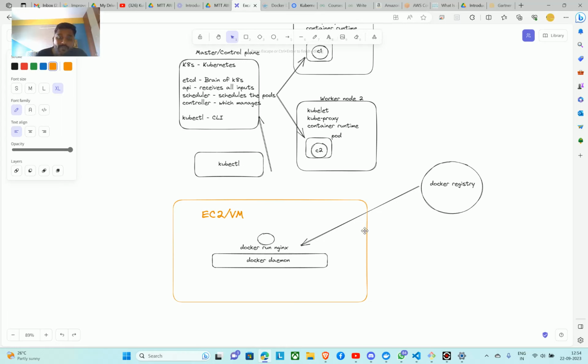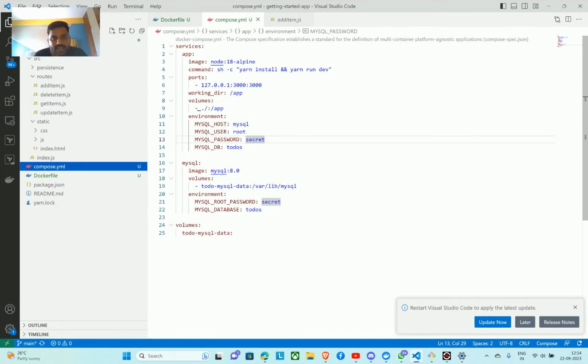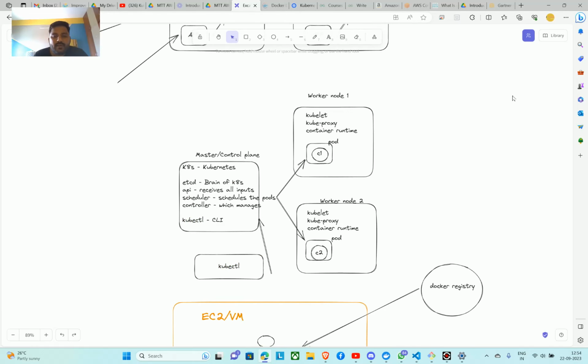Okay, but what if your application has 2 or 3 containers? Then you would require a Docker Compose file, and probably you will write a Docker Compose file like this in YAML, isn't it? So it's very hectic, and even after writing these YAML files, you will notice that the self-healing capacity is not there with Docker. So you need to manually intervene and scale the number of containers. So that is where Kubernetes comes into the picture.